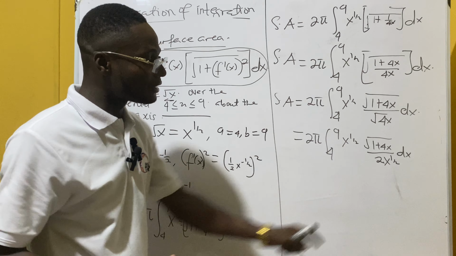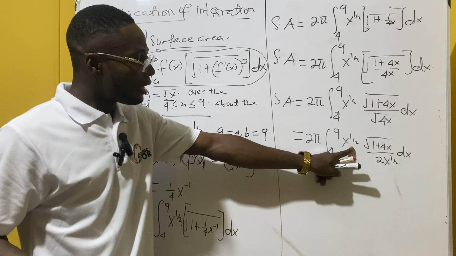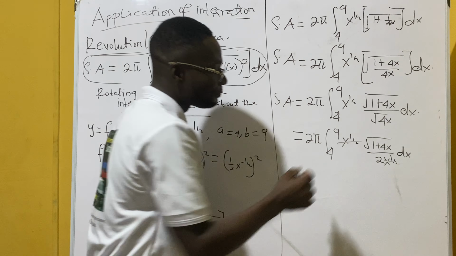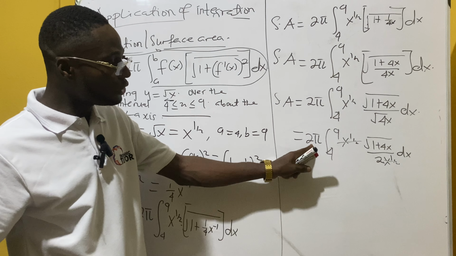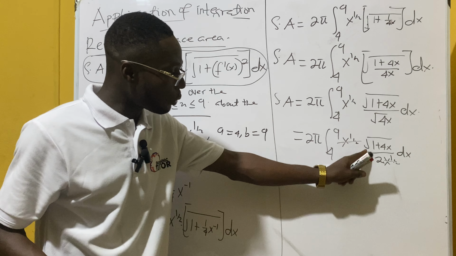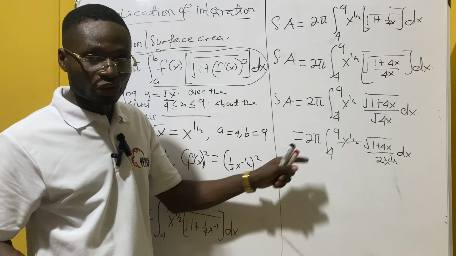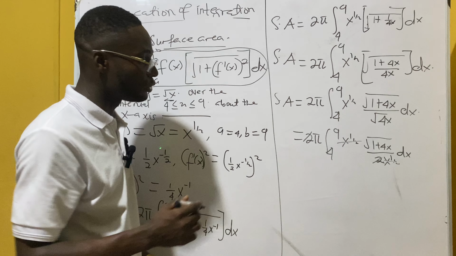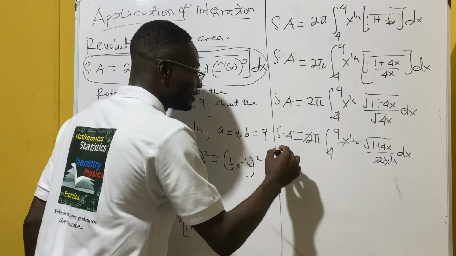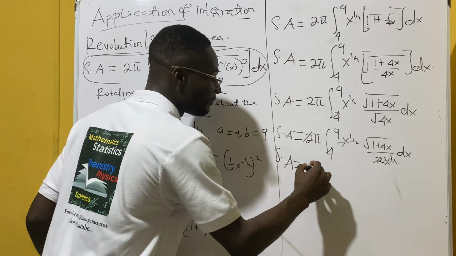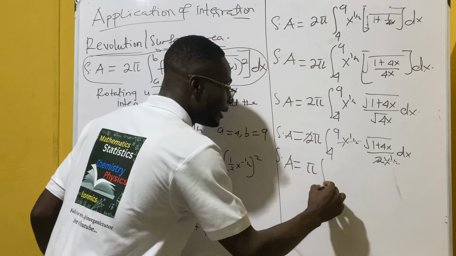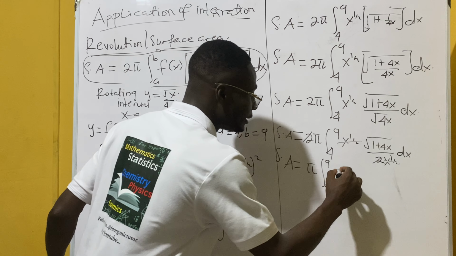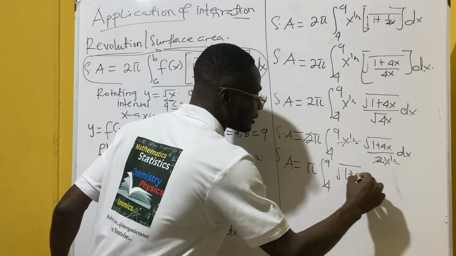So we can see that x power half is here, x power half is also here, so that can go off, and we have 2 here, we have 2 here. So 1 on 2 times 2 is basically going to be 1. So this also takes off this. So you're going to have our surface area. Our surface area is going to be pi, integral from 4 to 9, root of 1 plus 4x